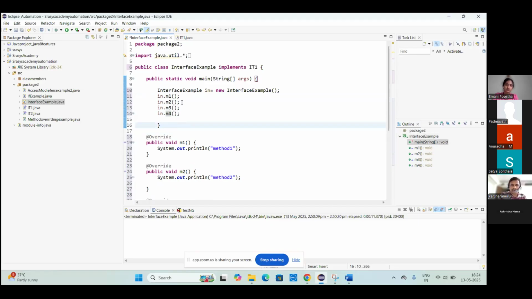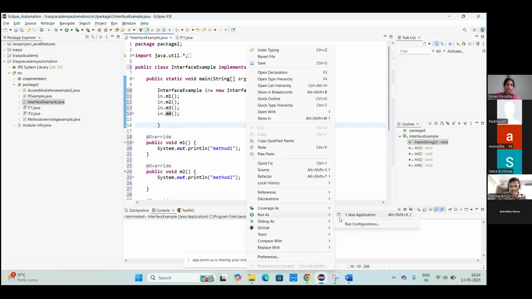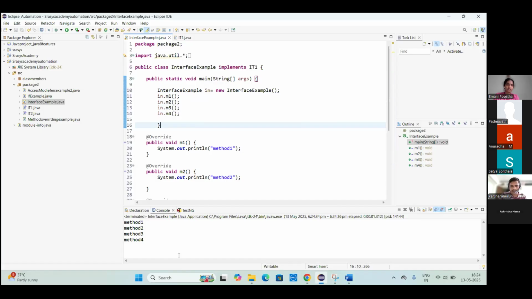So I'm calling all the methods. So I'm executing this. See, all methods I can access. In another way, this everyone knows, I think. So in another way to access this, right? So this is the